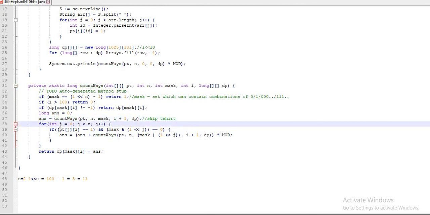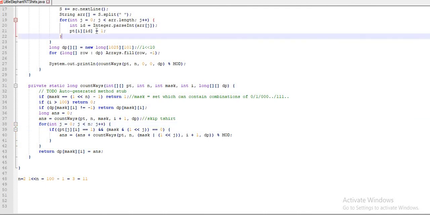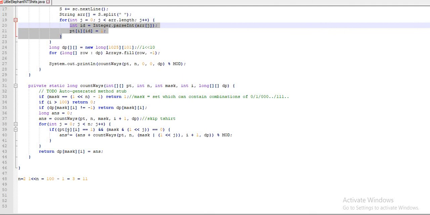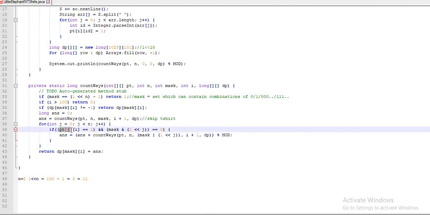Secondly, for each person I have to check whether that person has a t-shirt of that particular ID. It helps me check for the jth person whether he contains the t-shirt of ID i value.